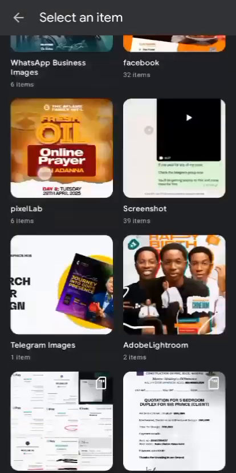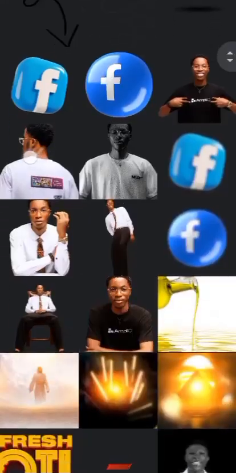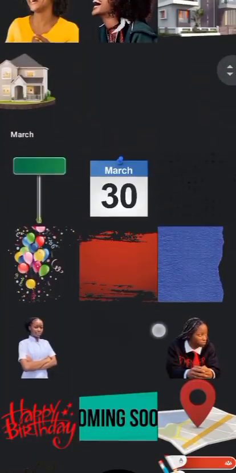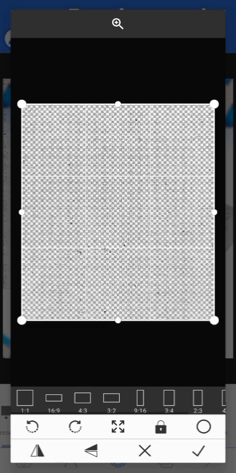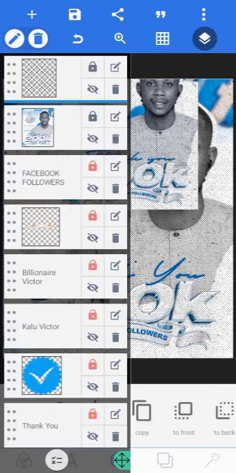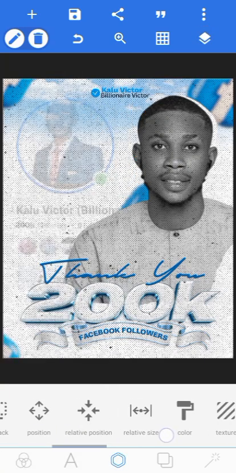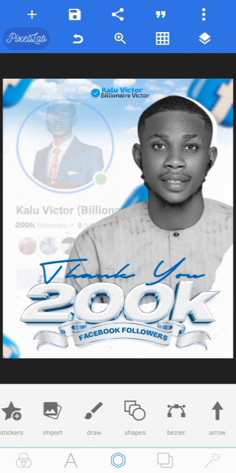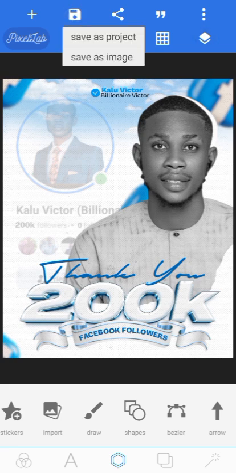So come over to gallery, my design resources. Come over here until you find it. So this is it. So I'll increase the size to fit the screen. Let me hide this, lock this up, and then I'll change the opacity to 15. Yeah, so I think we are done. Yeah, we are done. So after doing your design like this, the next thing is go ahead, save your design